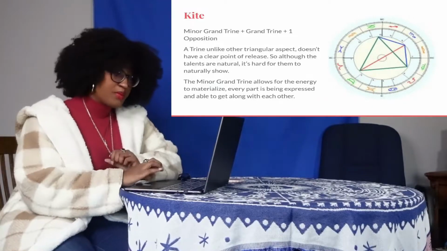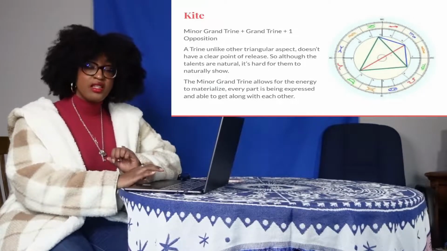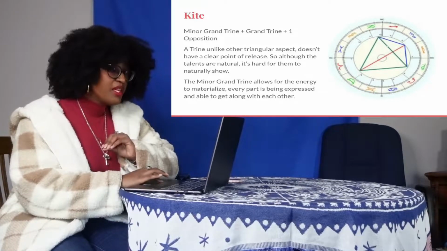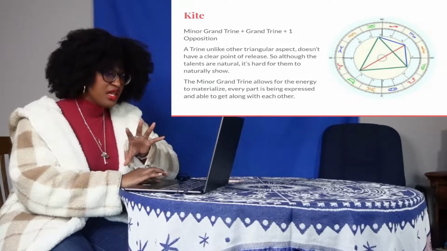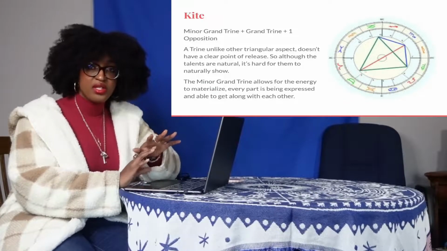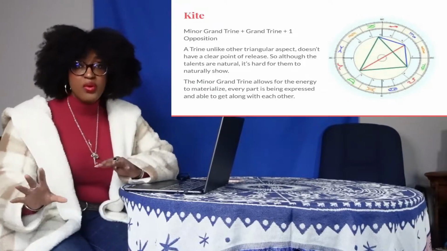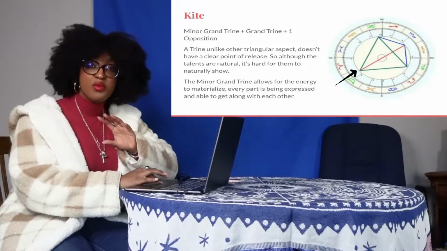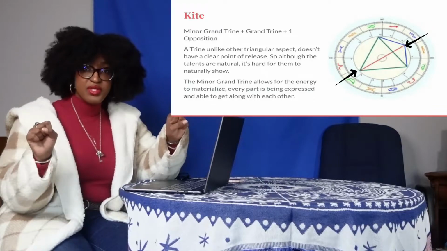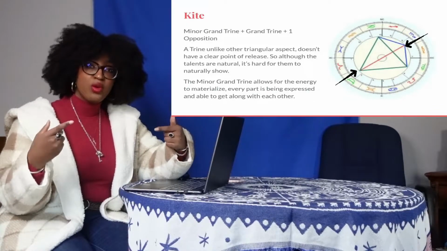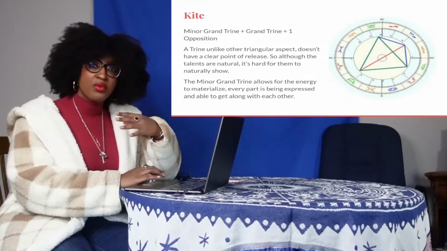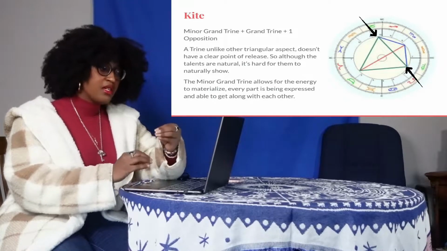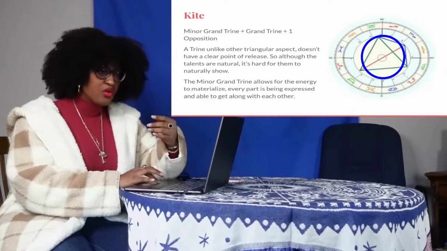And this is a new aspect to the triangles, and this is an opposition. But it's a good opposition because every part, and this is like a really good workout. This big triangle doesn't have a point of release, but every point has a release now, because this one is having a problem with this one over here since it's an opposition, but they have the same goal in mind. So they're able to get along with each other by these two aspects right here, because they're a part of this aspect, but they're also a part of this.